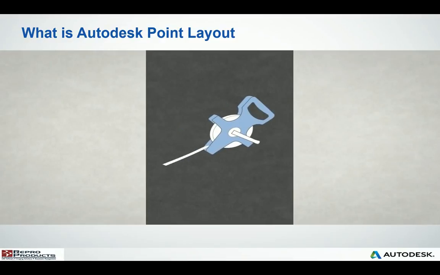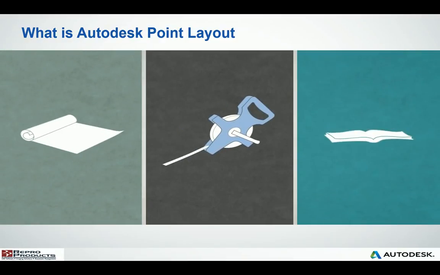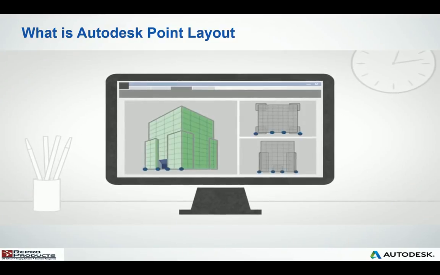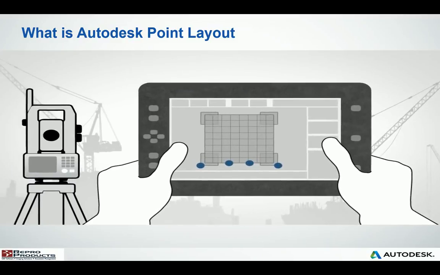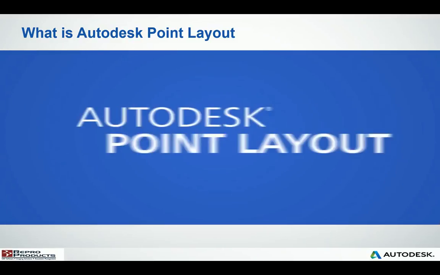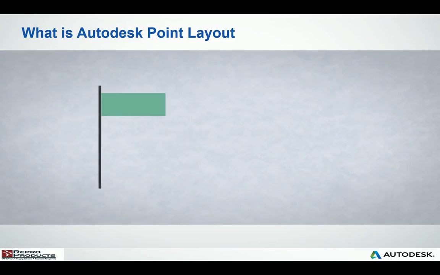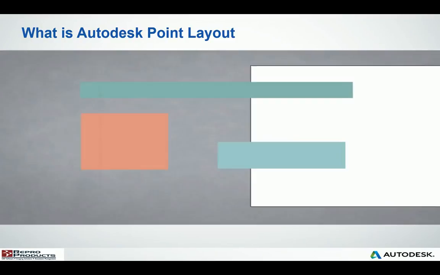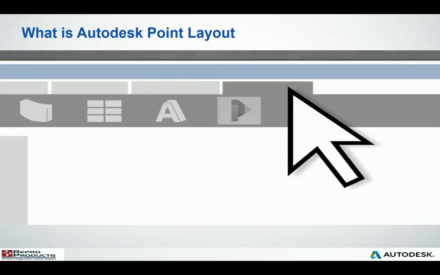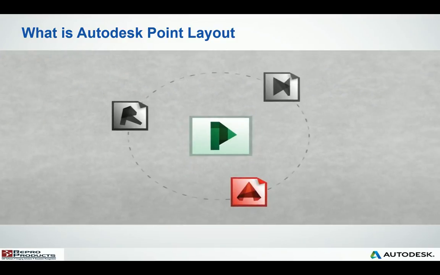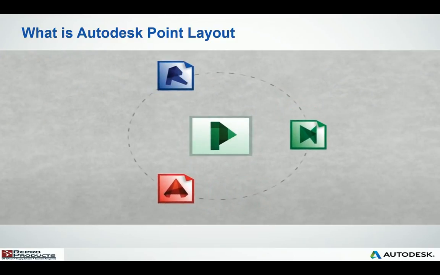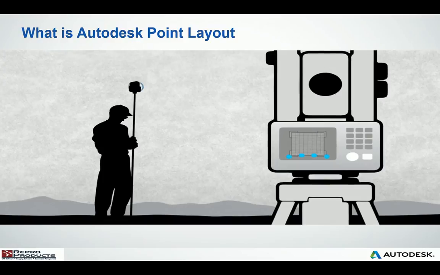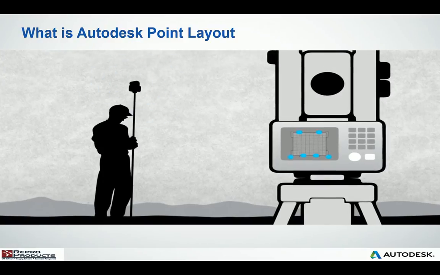Traditional field layout using a tape measure, printed drawings, and field books is a slow, tedious, and error-prone process. Now that many buildings are designed with a building information modeling process, why not leverage this information to make layout easier in the field? Well, now you can with Autodesk Point Layout. This breakthrough method improves office to field efficiency, reduces errors, and speeds up your field productivity. Autodesk Point Layout is innovative software for the construction layout process. Point Layout integrates with Autodesk AutoCAD, Autodesk Navisworks, and Autodesk Revit software to automatically create points and transfer them to the robotic total station. Field layout is much faster, easier, and accurate compared to the traditional paper and tape measure